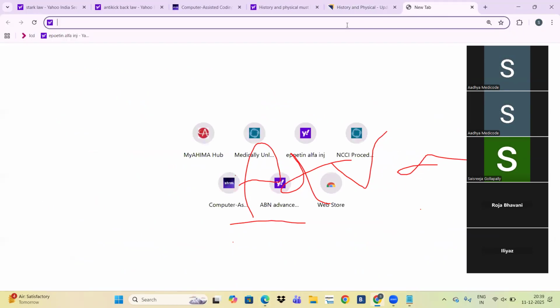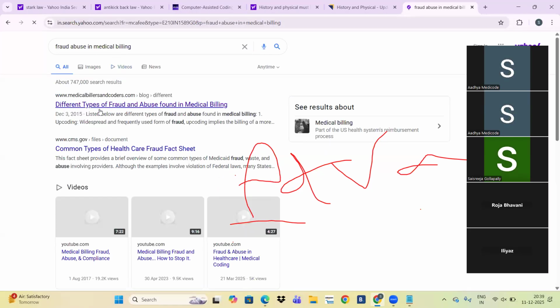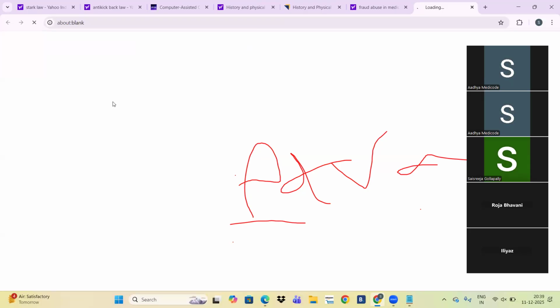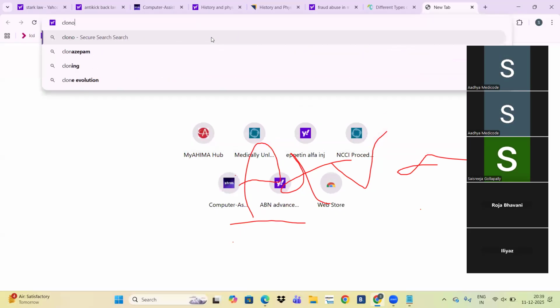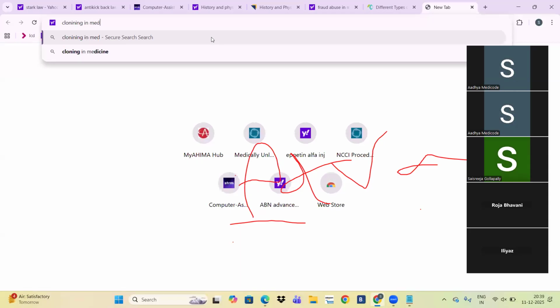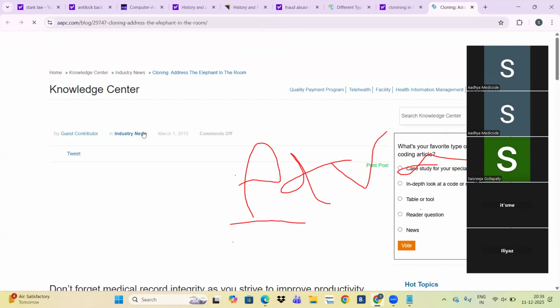Yes. Next, note down fraud and abuse in medical billing. What is the meaning of fraud and abuse? Fraud means deception.